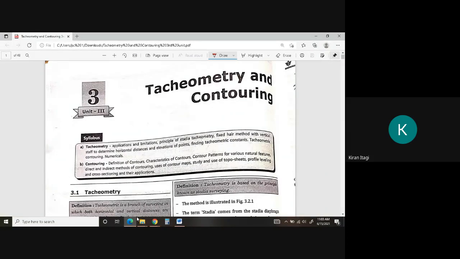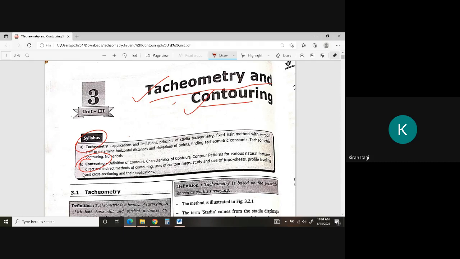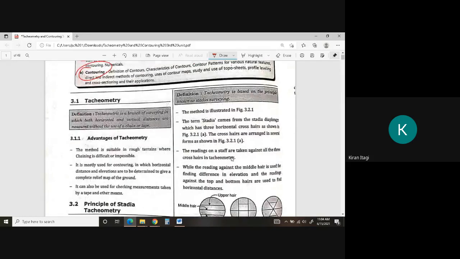Today we will see another unit, that is tachymetry and contouring. Tachymetry is one chapter, and contouring is another chapter. So we will see one by one, tachymetry and contouring. And another thing is that tachymetry is the same as leveling